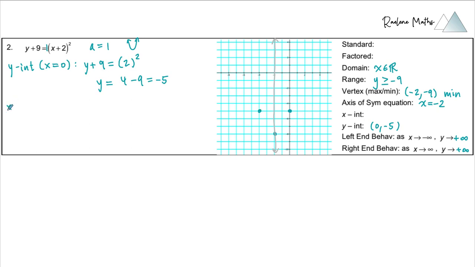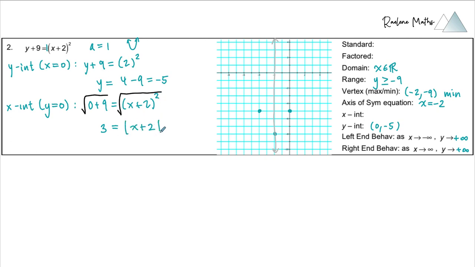Now let's come up with the x-intercepts, and to do that we want to set y equal to 0. So we can come up with the x-intercepts directly from the vertex form. If we substitute y equal to 0, we get that 9 is equal to x plus 2 all squared. Now, rather than expanding this and introducing an x squared and an x term, we can simply take the square root of both sides. So keeping in mind this is just 9 on the right side. After we take the square root, 9 is just 3, and the square root of stuff squared is the